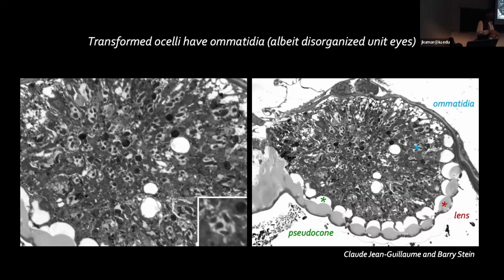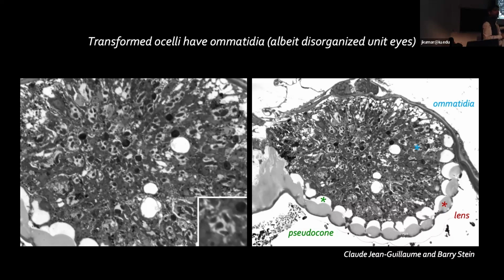We're actually collaborating with Robin Hiesinger, who's a friend of Arash and I as well, to trace the path of the axons, because as I mentioned earlier, the normal ocellar axons go straight from the ocelli down to the lobula plate, whereas the compound eye ones will go through the lamina and the medulla. So if this transformation has gone all the way to the end, we should now redirect the ocellar axons to the lamina and the medulla as well. We're also collaborating with Ori Schaefer and Maria Fernandez, a couple of friends of mine, who are looking at circadian rhythms and sleep, because the eyes seem to play a major role in those two behaviors.